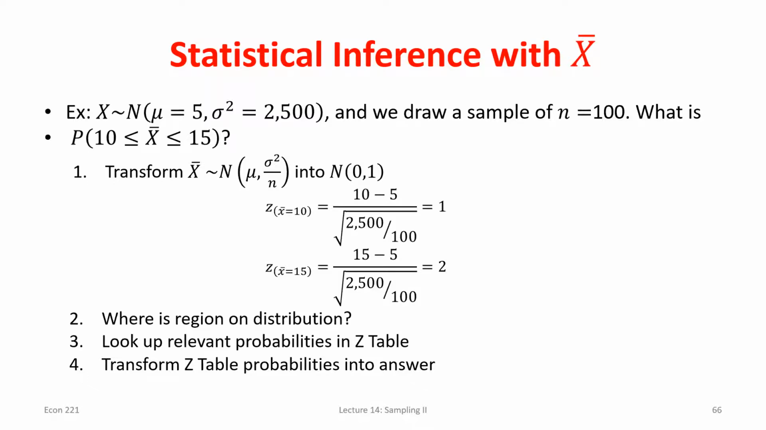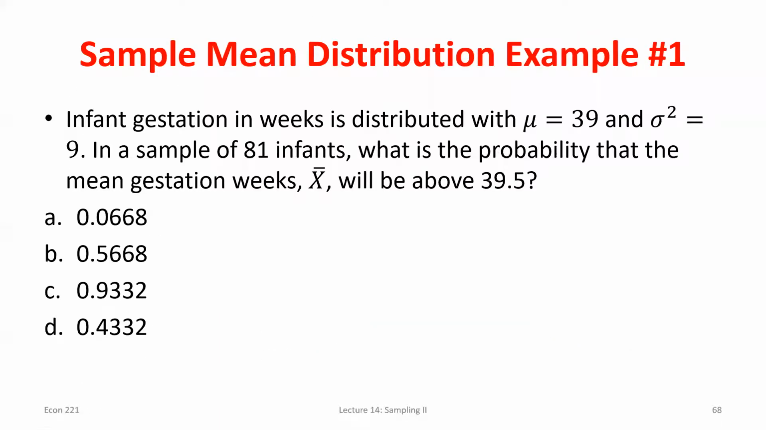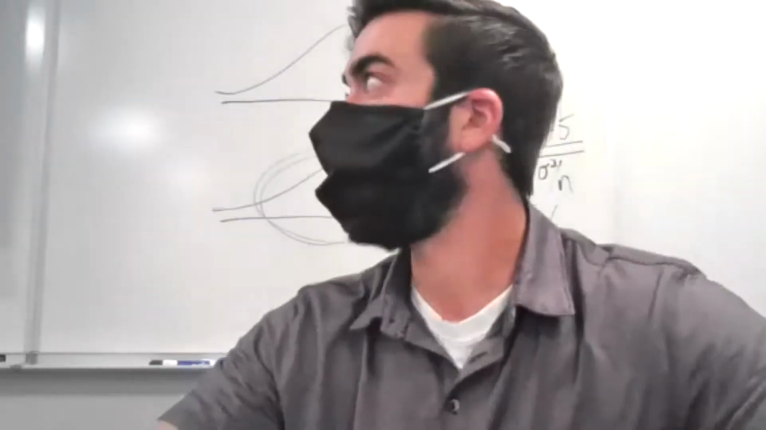Okay? Let's work through another example here. So let's say we have that length of pregnancy variable. We got a mean of 39. We got a variance of 9. Right? We take a sample of size 81 from that original data. Of those 81 infants, what's the probability that the sample mean I see will be greater than 39.5? Okay. So what's the probability to be greater than 39.5? And so I can remember these numbers in my head, but I'll be using them here when I go to the board. Right? So